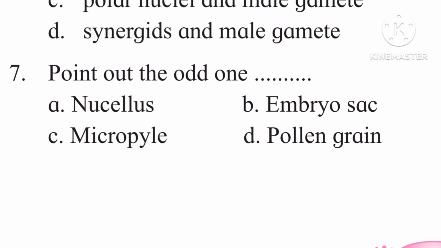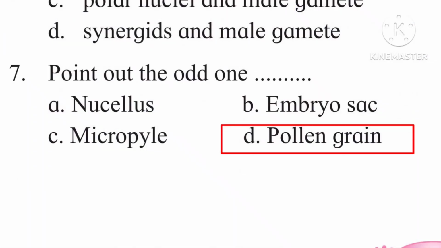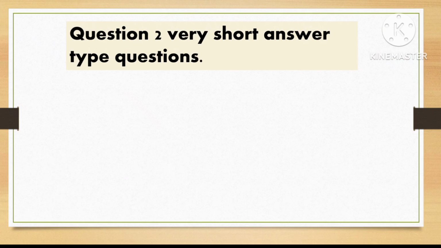Then 7th, point out the odd one. A, nucellus; B, embryo sac; C, micropyle; D, pollen grain. करेक्ट ऑप्शन इज पोलन ग्रेन। ये क्वेश्चंस 1 या 2 मार्क के लिए पूछे जाते हैं।